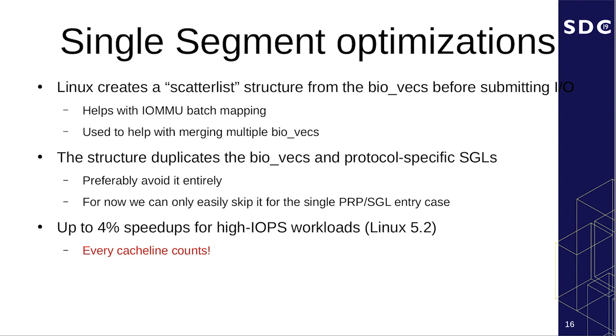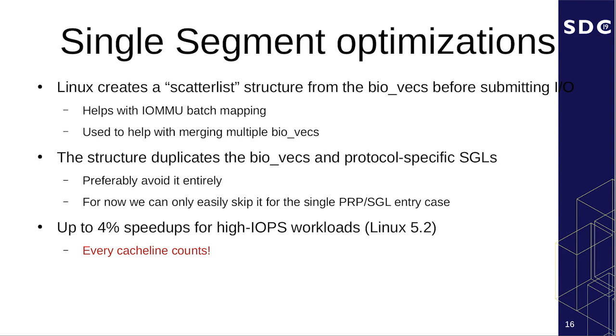And what the scatter list structure helps with is the concept of merging segments in the IOMMU. So most IOMMUs have the idea that you give them multiple discontiguous scatter-gather elements, and they actually merge them into a single contiguous range out on the wire. And for that, the scatter list makes sense, but it's just a very cache line inefficient way of doing that. And I've been